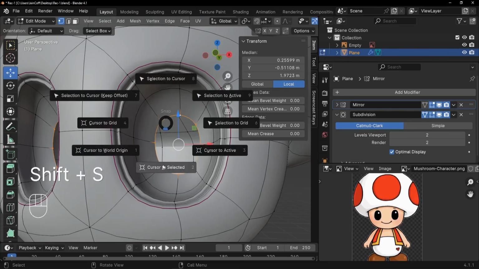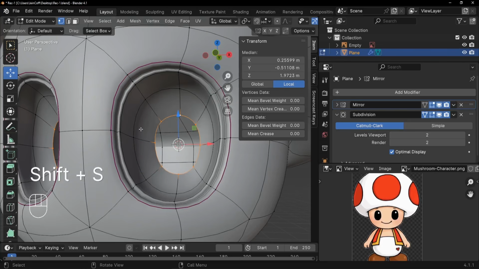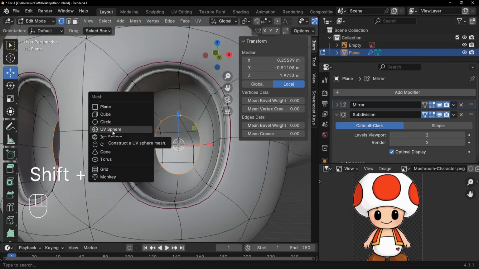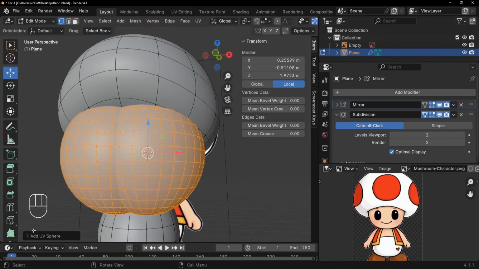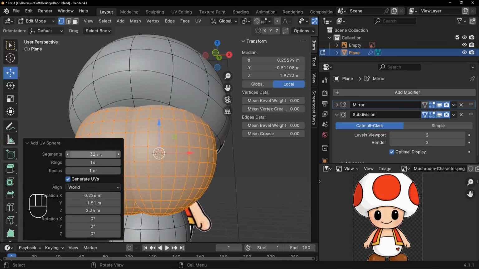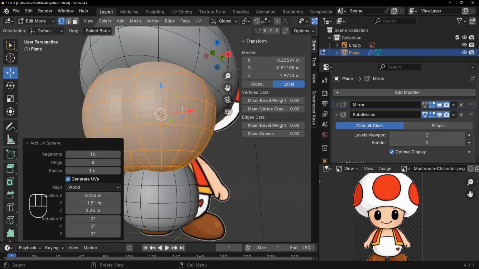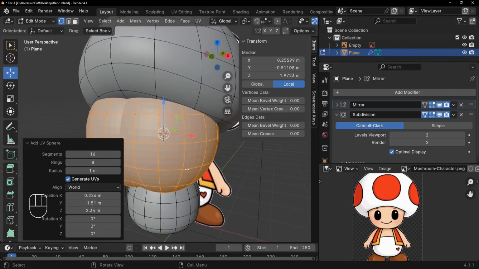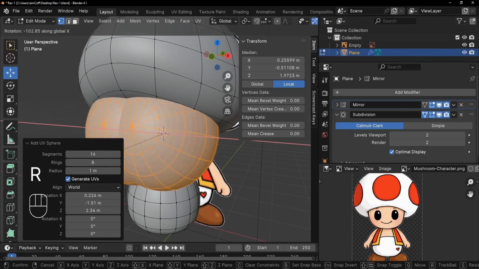So Shift S, cursor to select it. And we can do Shift A, and I'd like to bring a UV sphere. So for the size of the UV sphere, we have to scale it down, but for the segments and the rings, we can reduce them down. So let's just add the /2 so that we can divide it by 2. Same thing here, we can divide it by 2. So 16 by 8. Because we are already applying the subdivision modifier, so there is no need to add more